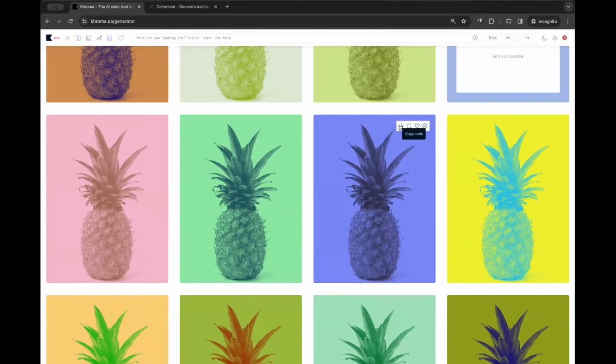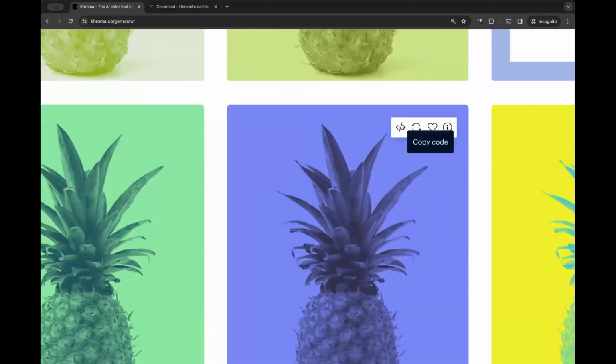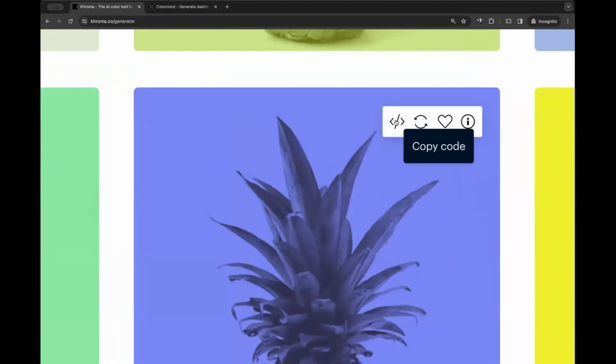And now to the interesting part that also helps developers, so that you don't have to design images. In the traditional world, what we would usually do was tell our designer to always create an image that has this filter. You probably had to go into Photoshop, put the original image, and put an overlay on top of it to make it look good. Now you can just copy code. There's this button here that says copy code. If you click on it, you will get the code that will replicate this same effect on an image. So that way, all your developer needs is the code, and you can always give him the original image.